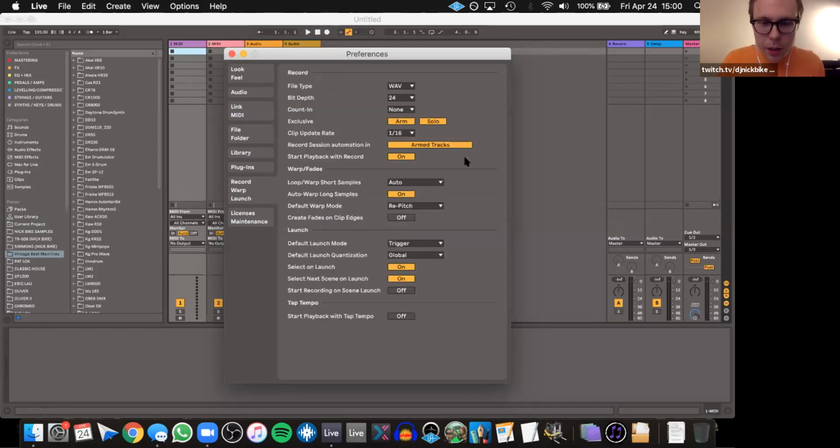This is a big panel here. There's a lot of things you can change. Often people ask about WAV and AIF. What's the difference? It's a Windows Mac thing. The upside of AIF is that you can write tag information to it. If you're just recording in Ableton, I don't know if you're writing tag information and attaching artwork and stuff. So they do the exact same thing. It's kind of your pick.